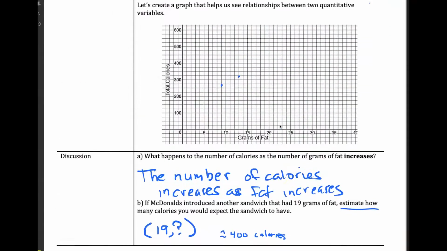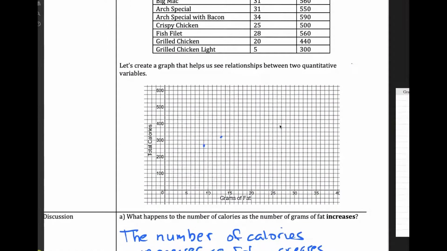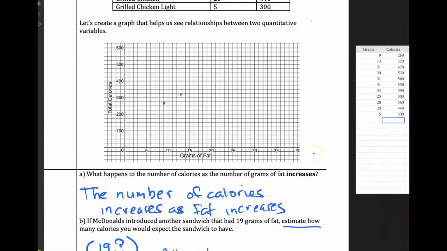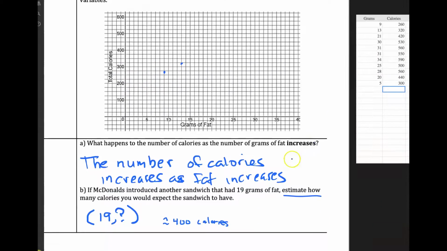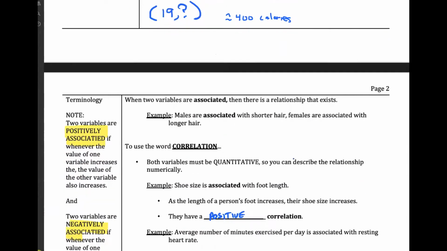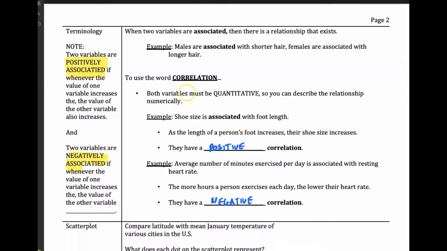So now that we've taken a look at a scatter plot, and how we can use that to hopefully make some predictions or estimates about values that we're studying, we want to introduce some more terminology. And so we want to describe these relationships, what we see in these graphs. Sometimes we say things are positively associated or negatively associated, for example, shoe size,